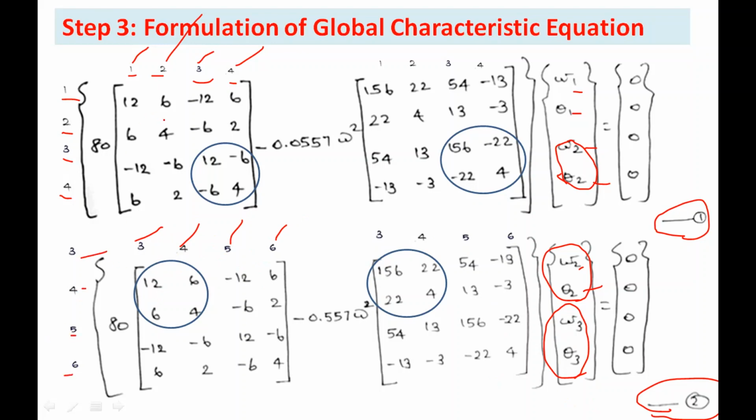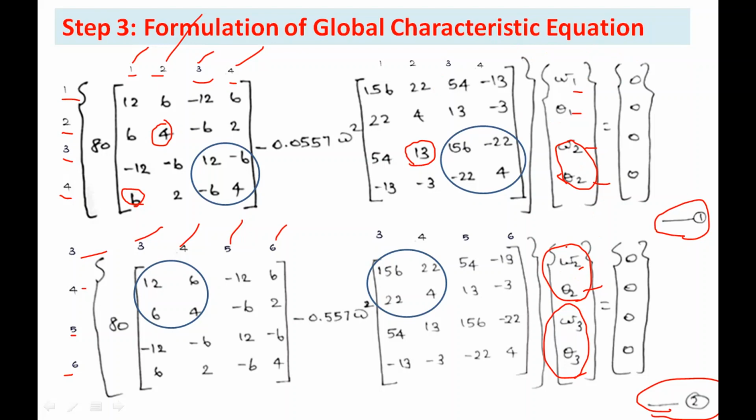Suppose you select this element of the stiffness matrix, what is the name for this one? K22, like that. This element will be K41, fourth row, first column, like that. In the mass matrix, if you select this element, this is M32, M third row, second column, like that. So the corresponding elements can be added to get the global characteristic equation. When you add these two element characteristic equations, you have to give more attention to the common degree of freedom.